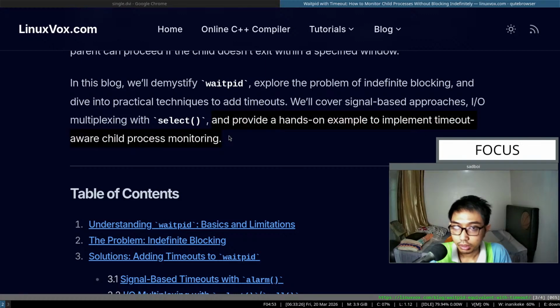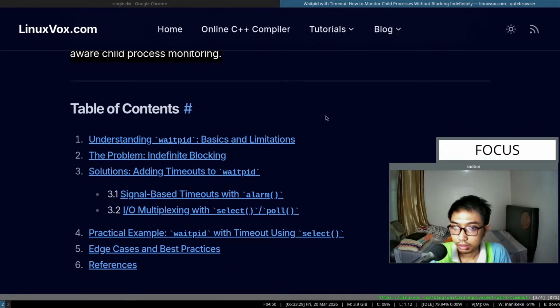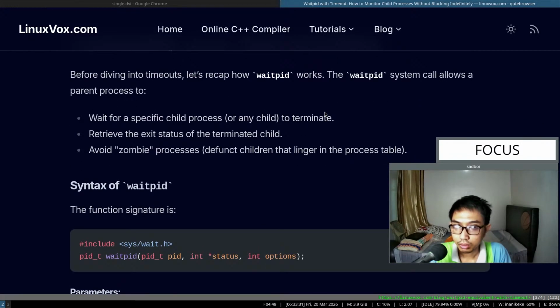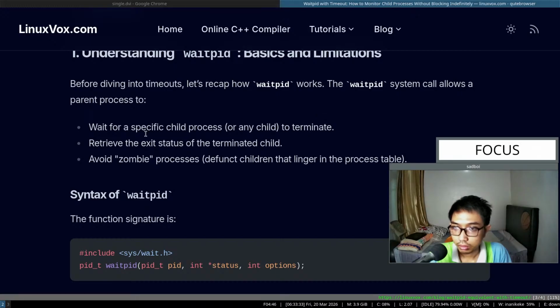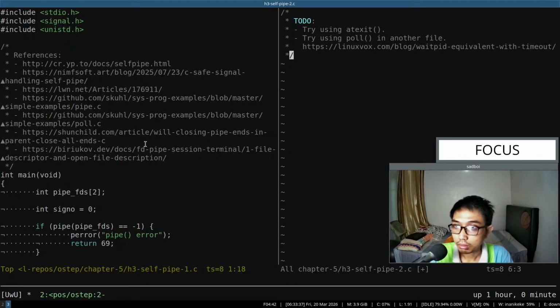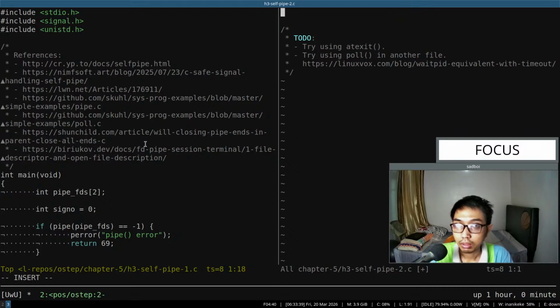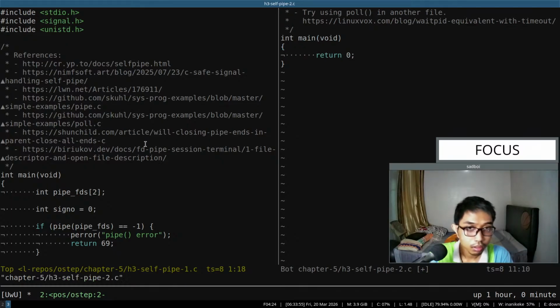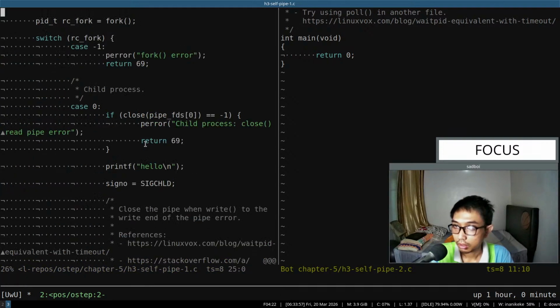It's an example. Okay, well, first things first. Let me do this. And then